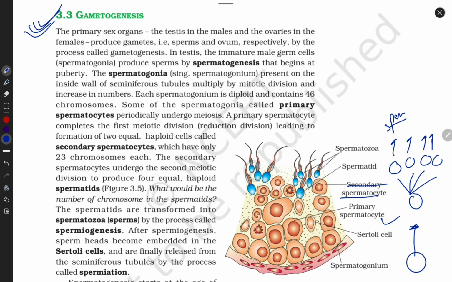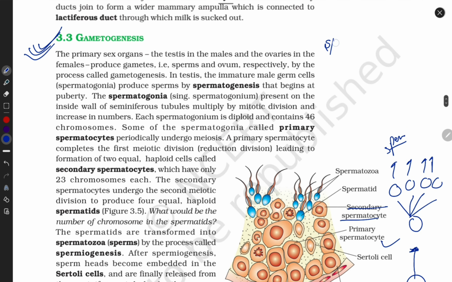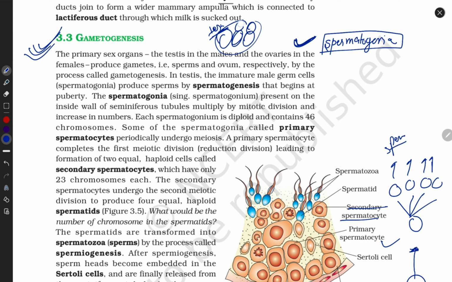One by one, I will make a chart for you. Okay, starting with spermatogonia. Spermatogonia. This is the mature cell. This is ready for what? Division. And where is this cell located? Of course, testes, guys. Come on, don't forget this. And testes contain what? Seminiferous tubules, Sertoli cells, interstitial cells.